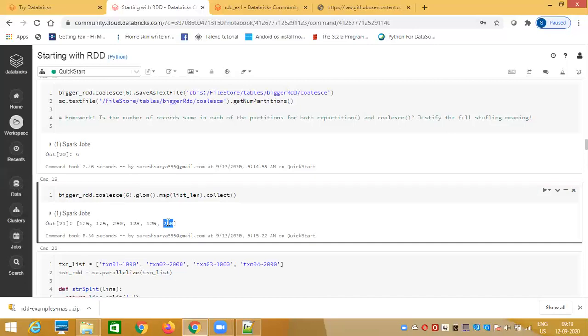Because we don't have to worry about which partitions got clubbed together, since we don't have access to the elements at the index level. Just like in normal Python, you can access the elements of a list through the index, here we don't have that concept. We will not be able to access the elements through index.